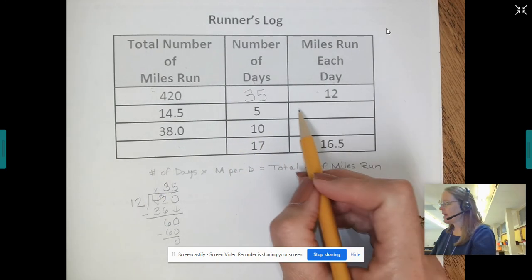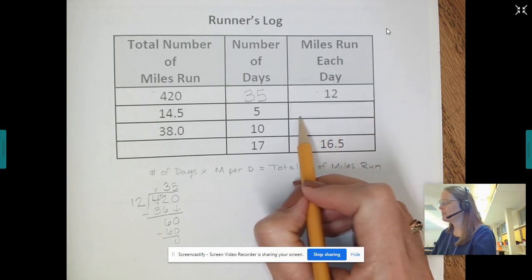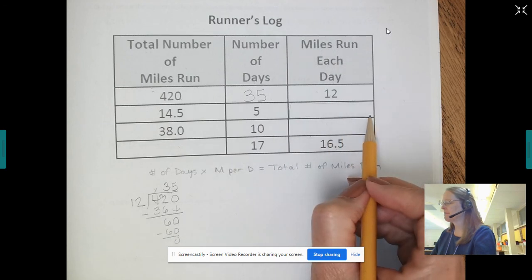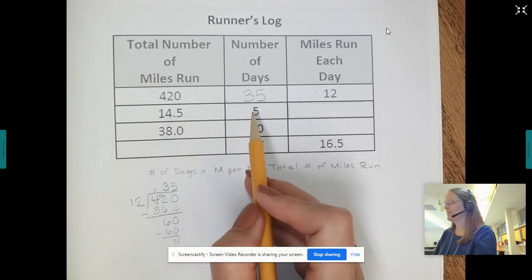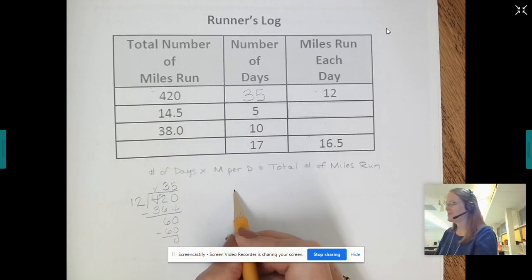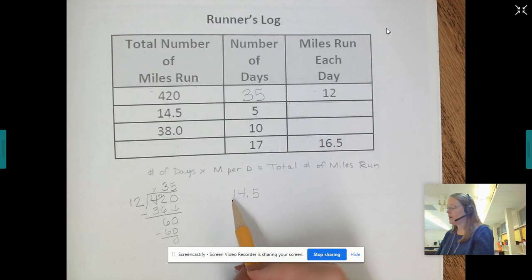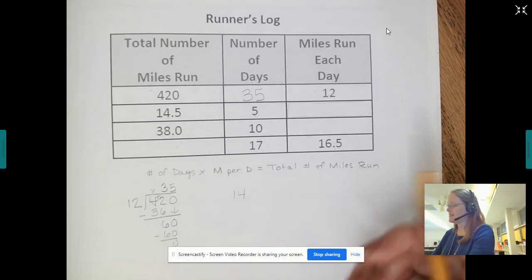Okay, how do you think we're going to find this value for the miles that were run each day? I have a total number of miles. I'm going to divide it by 5. So 14 and 5/10, or really 145 tenths,